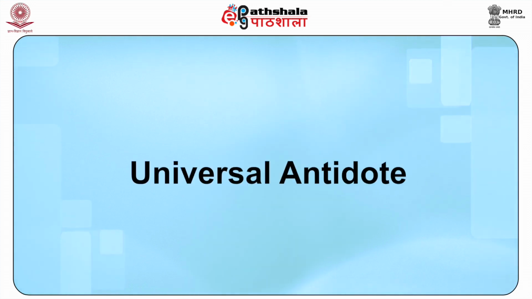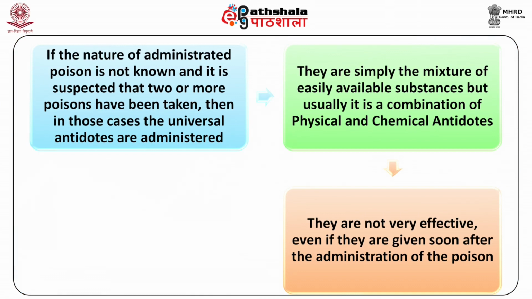Now the universal antidote. If the nature of the administered poison is not known and it is suspected that two or more poisons have been taken, in those cases the universal antidotes are administered. They are simply a mixture of easily available substances. Usually it is a combination of physical and chemical antidotes. They are not very effective even if they are given soon after the administration of the poison. I repeat, the use of universal antidote is obsolete nowadays, but it can definitely be used as a first